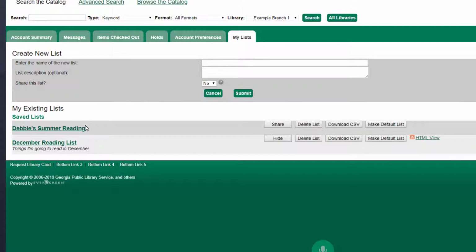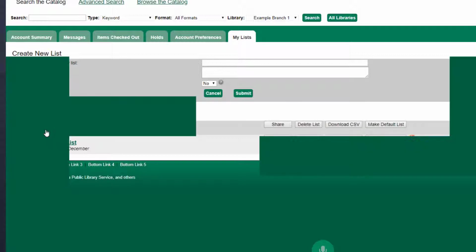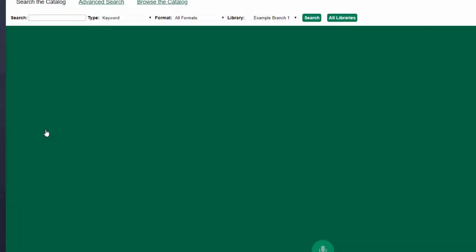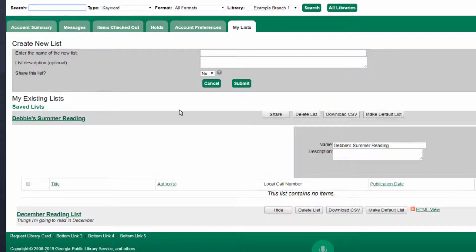So that's how we make our lists. And once you have a list, you can click on it. And you can always edit your name and description if you want to. And this list contains no items, but I can see what it's going to give me in my list: title, author, call number, and so forth. I can make notes. And if I look at this December reading list, for instance,